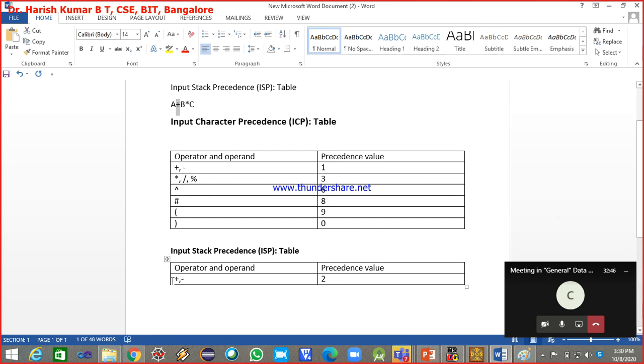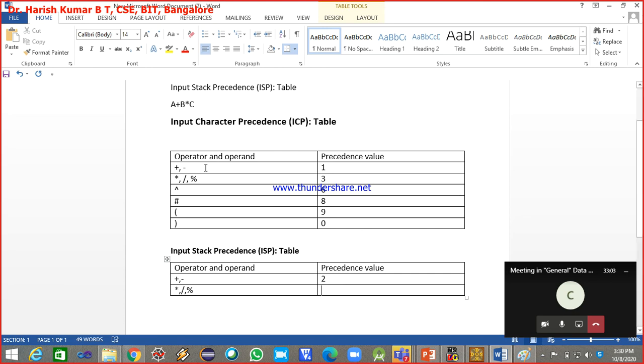People understood? Now, if the same plus or minus is on the stack, we give it the precedence 2. Next, similarly, say it is into, divide or modulus.